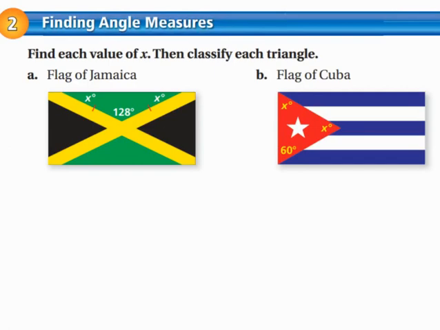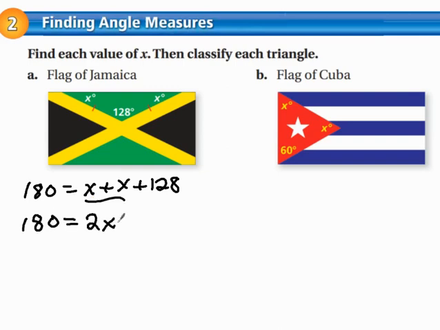Example 2 says that we're supposed to take these flags and find the value of x just like we were doing before. And we are going to say, since this is a triangle, that little green part, we know 180 must equal x plus x plus 128. In this case, we're adding together the like terms, which are x's, so we get 2x plus 128. Subtract 128 from both sides,